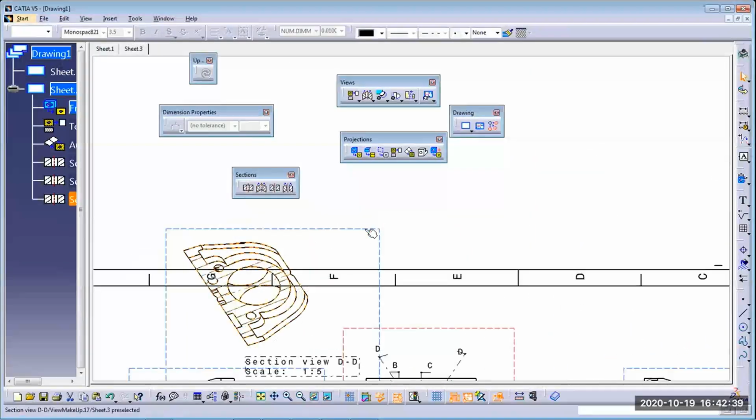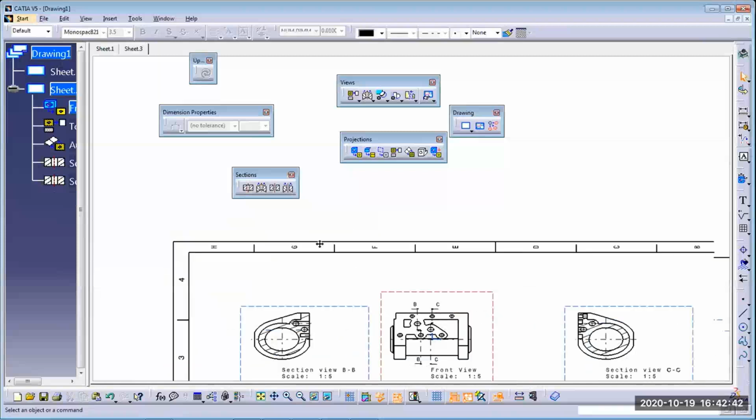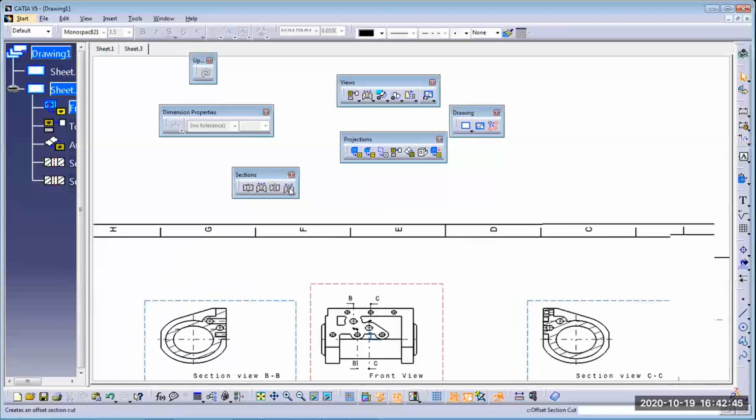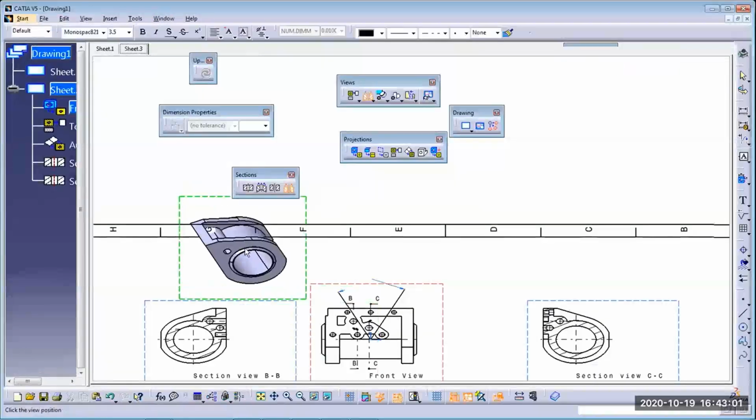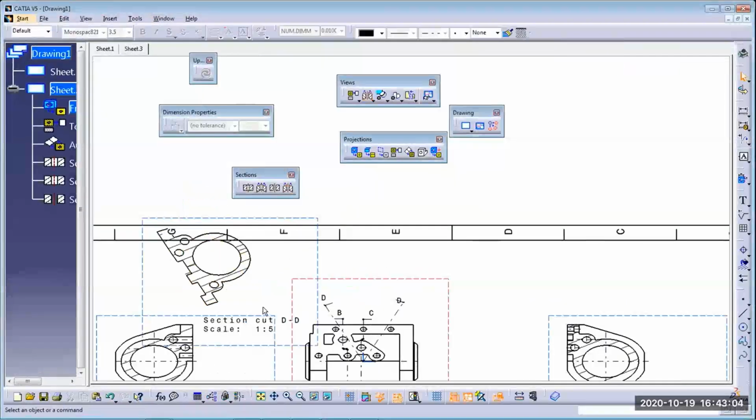Okay, if you want to show only the section, not internal detail, only the hatch portion, then I can use this last option, align section cut. Generally, it is used to indicate sheet metal products to define the constant thickness. So I'm selecting this option, this line. Here it would show only the hatch portion, the sectional area.